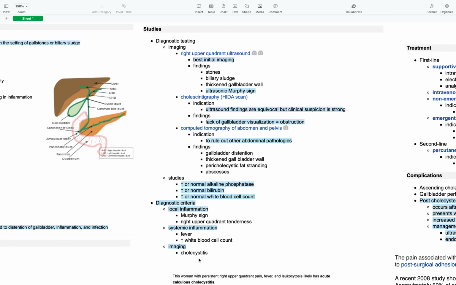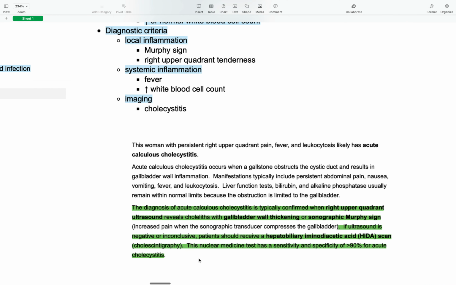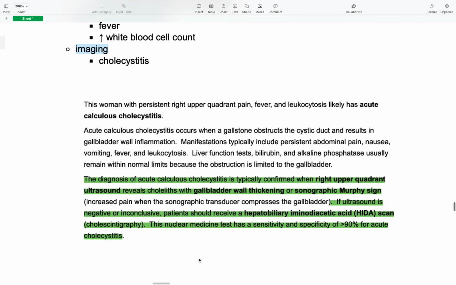Okay, so what does the imaging show? This snapshot is from the USMLE UWorld QBank. And here, if you see, the diagnosis of acute calculous cholecystitis is typically confirmed when right upper quadrant ultrasound reveals cholecystitis with gallbladder wall thickening or sonographic Murphy sign. So these are very classic presentations on the ultrasound. Okay,